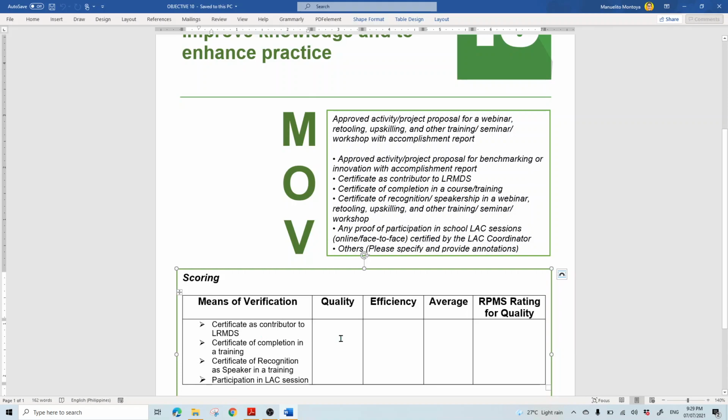Dahil nag-contribute ako sa LRMDS, hihingi ako ng certificate as contributor sa aming EPSDR in LRMDS, and then certificate of completion in a training. I know na kapag attend tayo ng mga training, definitely meron tayo niyan. And then certificate of recognition as a speaker in a training, definitely. And then participation in LAC session. So yun po yung mga